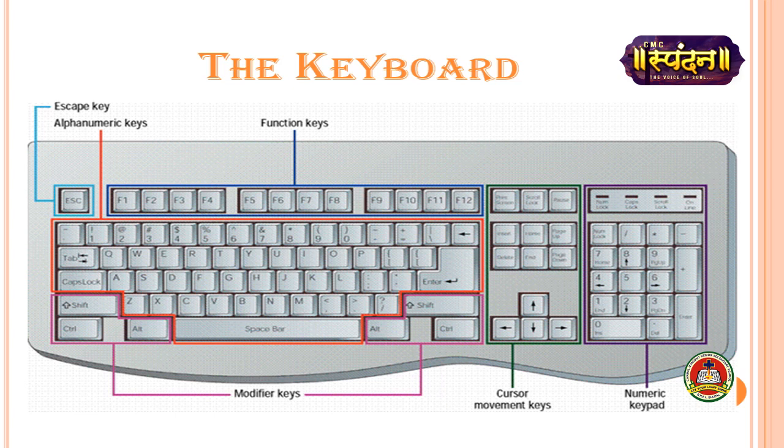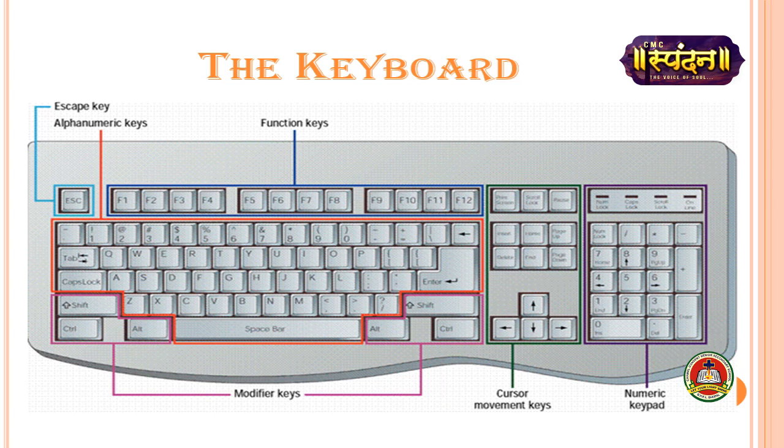If you want to type something, any word, any letter or any sentence, you have to use alphanumeric keys or alphabet keys. If you want to type numbers, you have to use number keys. And if you want to set something or control the functioning of a computer, then you have to use function keys. Cursor movement keys help you to move the cursor; there are 4 cursor keys. You can move up and down and left and right. Whenever you want to open something, we have some shortcut keys that we can use from the keyboard, and then we can open the program.